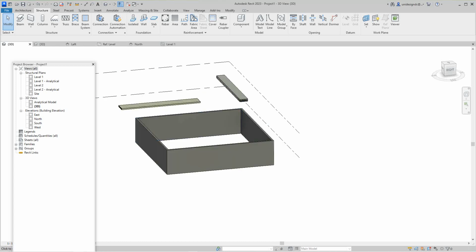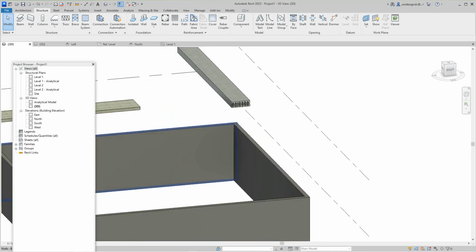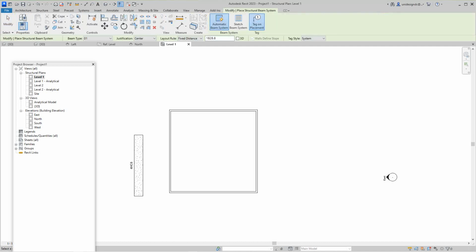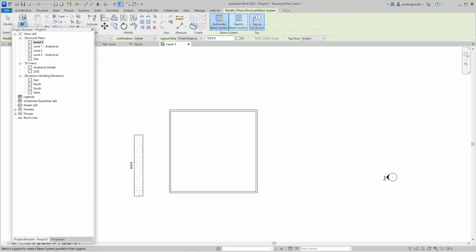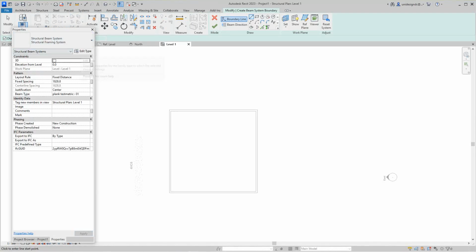I'm going to do like a beam system, or I'm going to place some of these planks here. So we go to level 1 here. And let's just go, just beam system here with this guy. So I'm going to do the sketch. I'm going to do properties here, and I'm going to have to always select the beam type. Yeah, there's plenty here. So I'm going to go here and I'm going to just take a rectangle, say from here